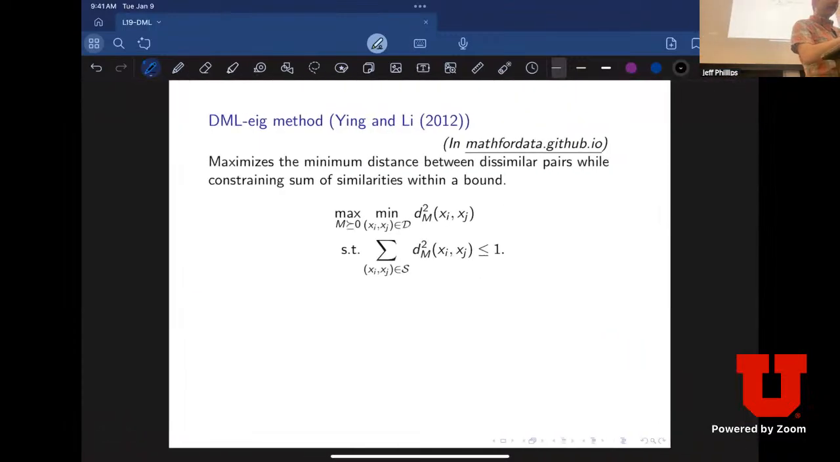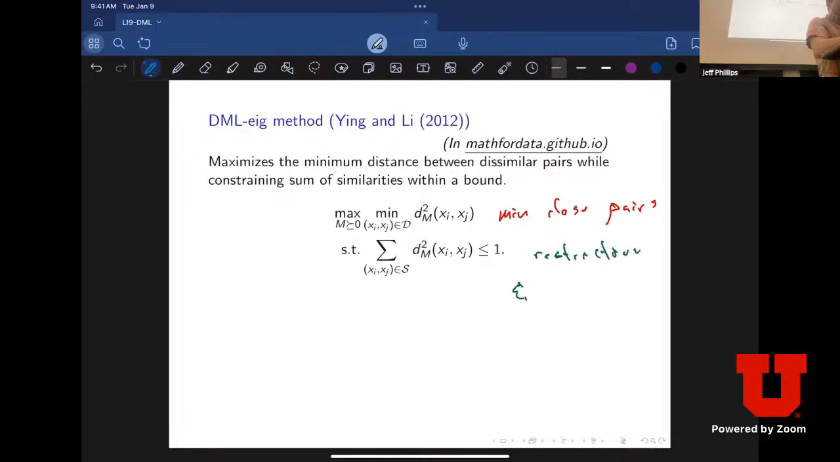How can we formulate it? Let me just first mention the method that I described in the book, which is a slightly different formulation. You basically want to find an M which minimizes the sum of the squared distances for the close pairs. So I want to minimize the squared distance of the close pairs, but I have a restriction